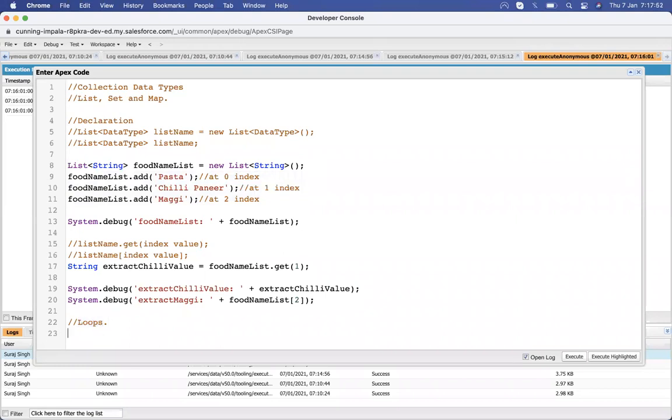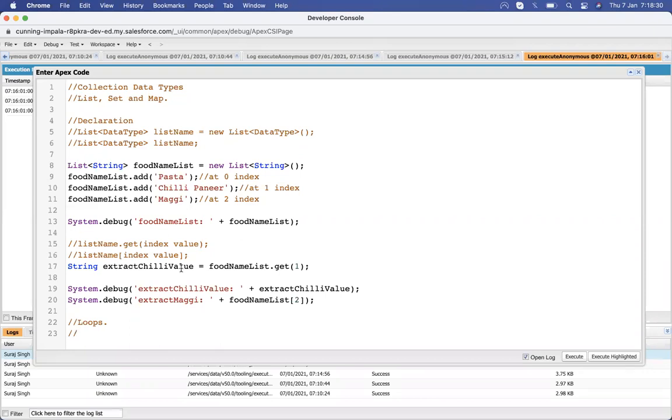In Salesforce, you all know that we have three kinds of loop: for, while, and do while. Here in Salesforce we use the for loop. Everywhere they are using the for loop. We can also use the while and do while loop, but they are not usually used. I haven't found those loops at any place. So they are using the for loops.